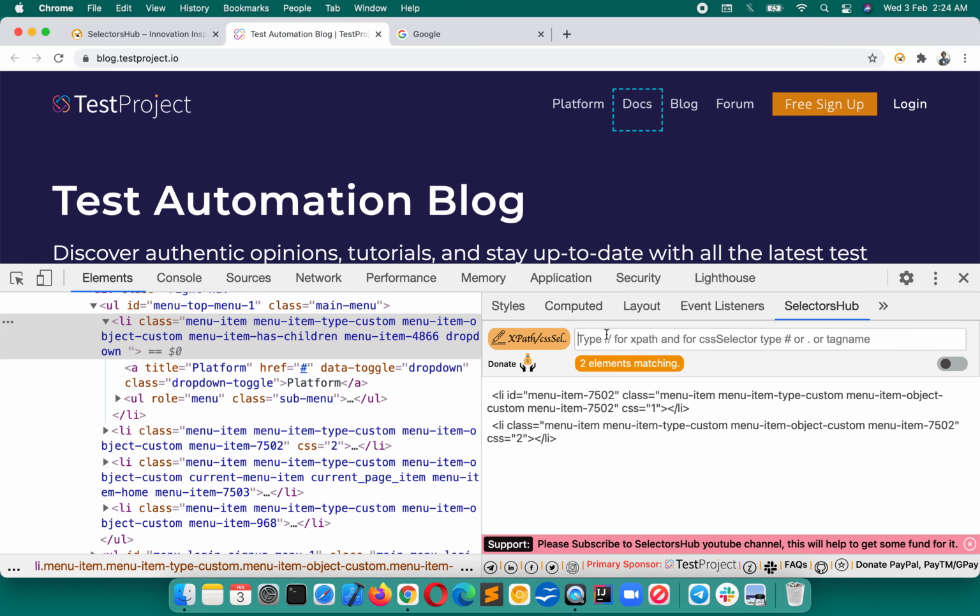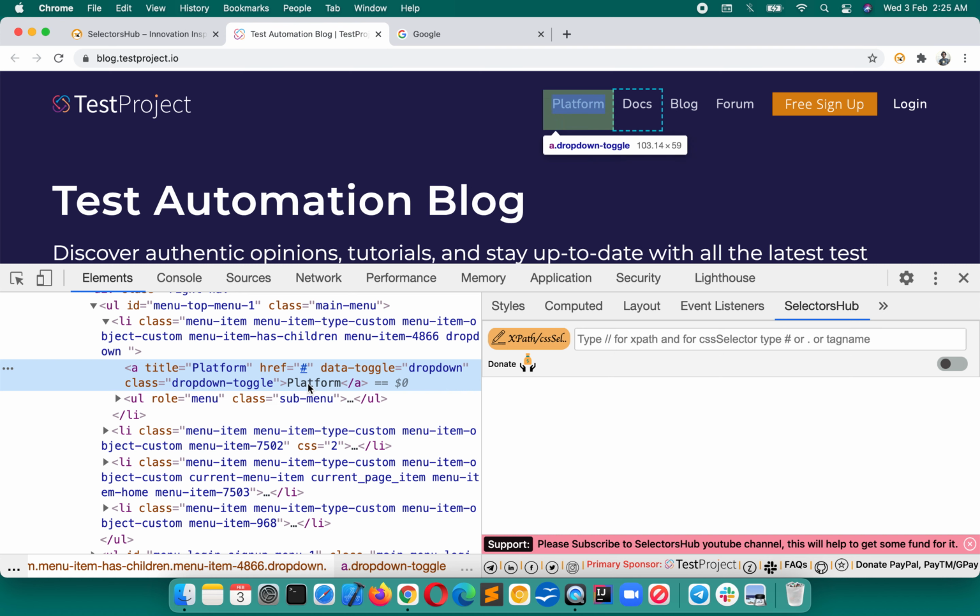Tag name, attribute is equal to attribute value. Yes, so let's say for an example, if we have to write a CSS selector for platform here, and this is the one. So how can we start? Remember, as we have learned in the previous lecture, we cannot use the text for CSS selector. We will have to use only attribute and attribute values.